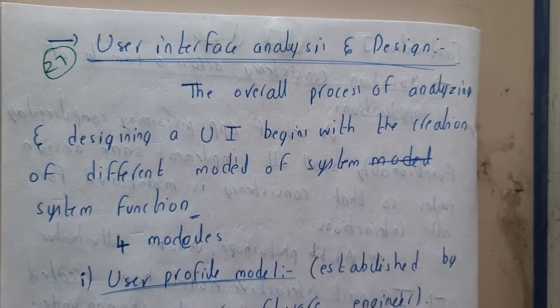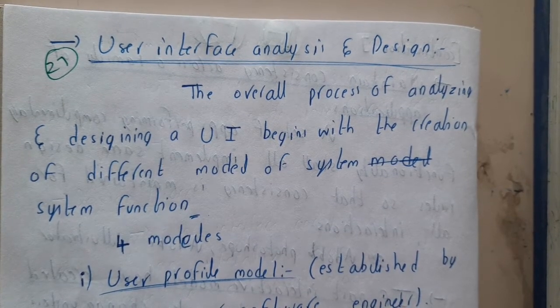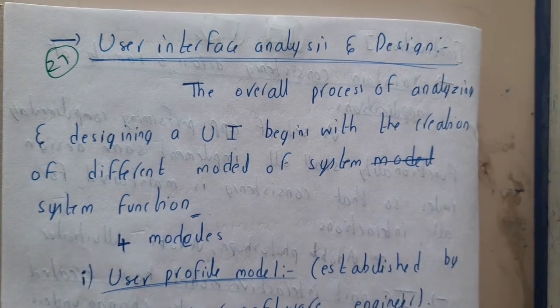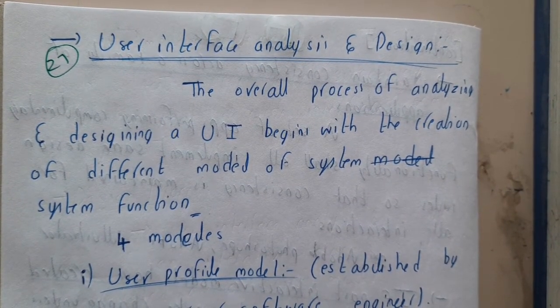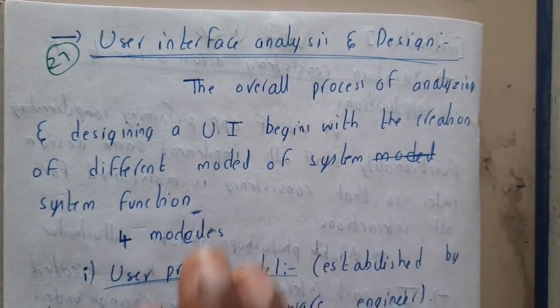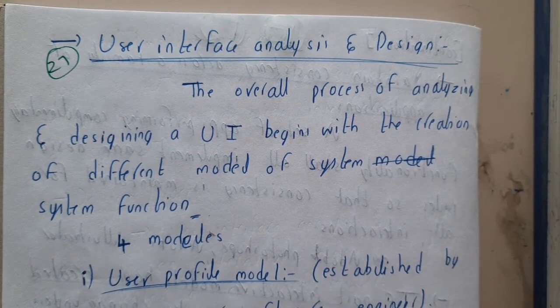In this lecture, let us go through user interface analysis and design. In our last lecture, we went through the golden rules, the basic rules that you should follow if you are trying to design a user interface, like what are the things that you should consider. So we discussed that. In this lecture, we will be going through user interface analysis and design. In the next lecture, we'll be going through design, I think. In this lecture, we'll be going through analysis models and everything.